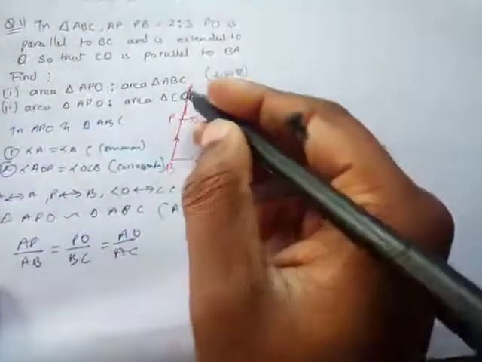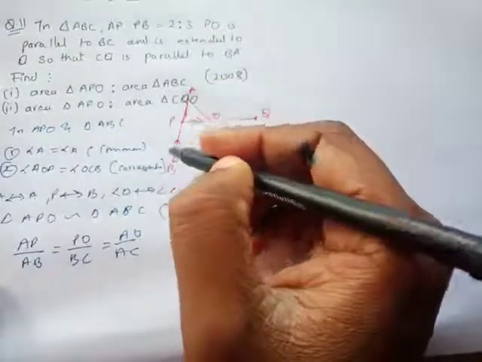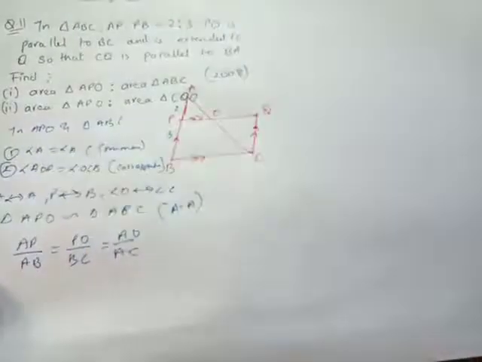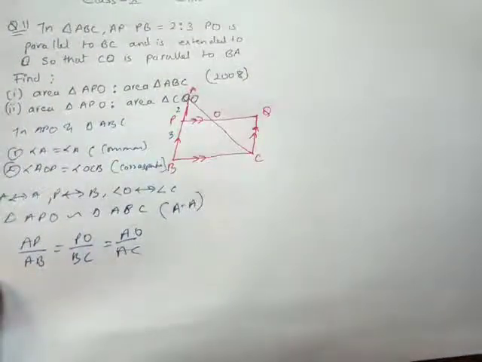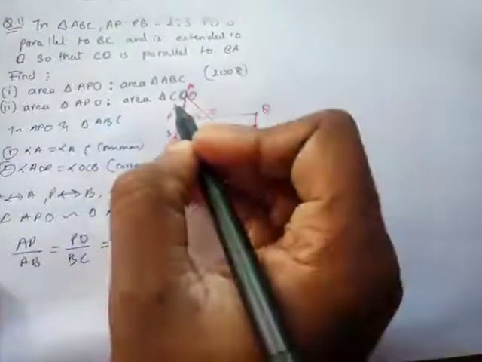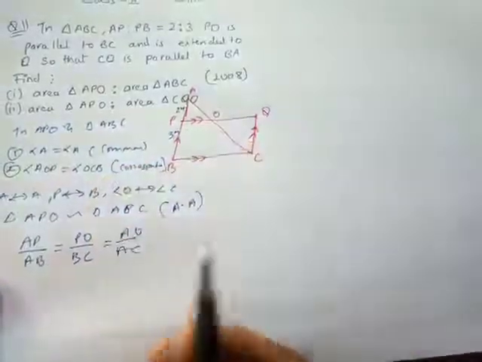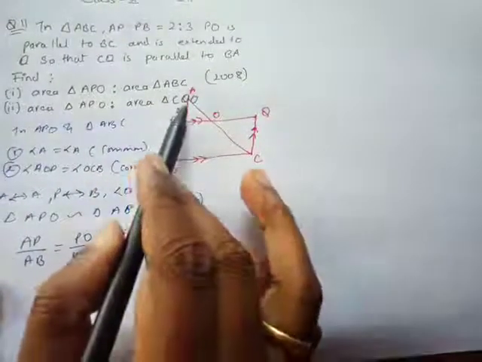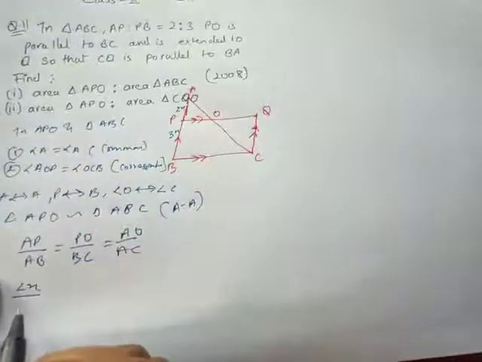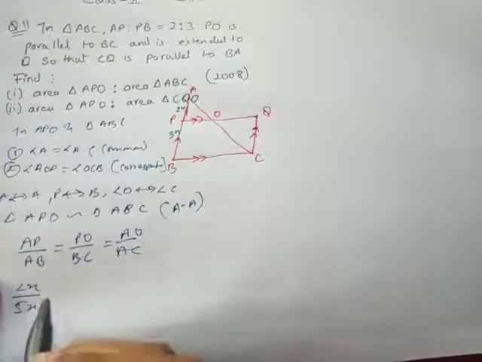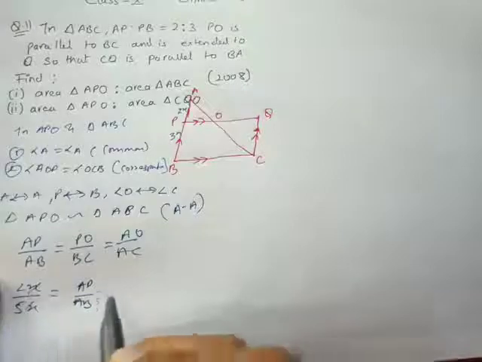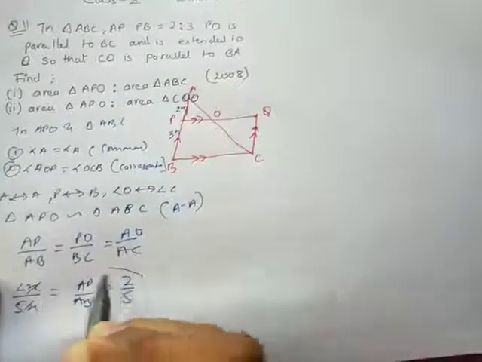Now the problem is, if AP ratio PB is 2:3, what is AB, the whole line, going to be? Think about it. AB कितनी line होगी? Even if you want to take them as x, because they are given in the ratio, then ये आपकी A से लेके B तक टोटल लाइन कितनी रहेगी? AP तो 2x है और AB हो जाएगा आपका 5x. So you know the value of AP over AB, and x can be cancelled. So what's the ratio? 2:5.